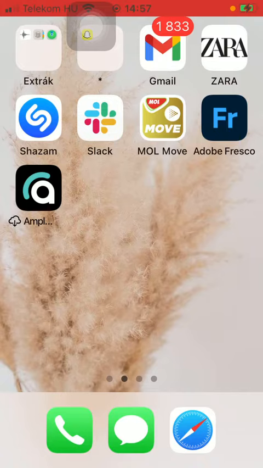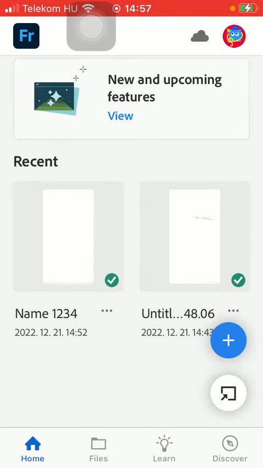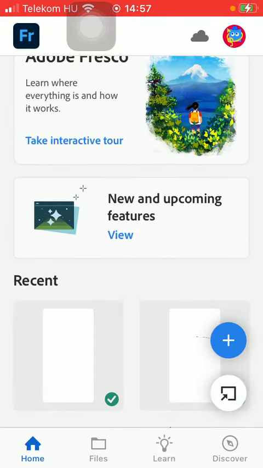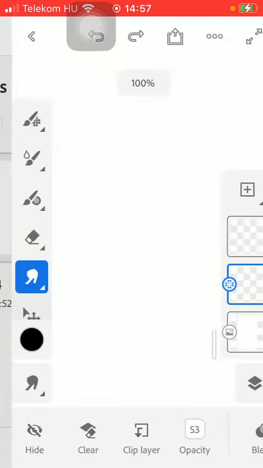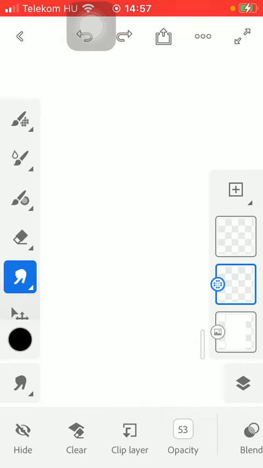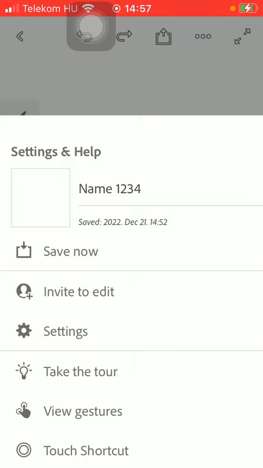First of all, open the application on your phone. After that, you should select a document that you have created from either your home page from the recent section, or if you tap on the files button down below, you can also select a document. After it is loaded in, click on the three dots icon at the top of the screen, tap on invite to edit,